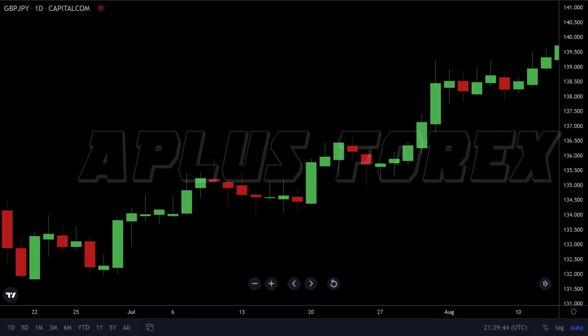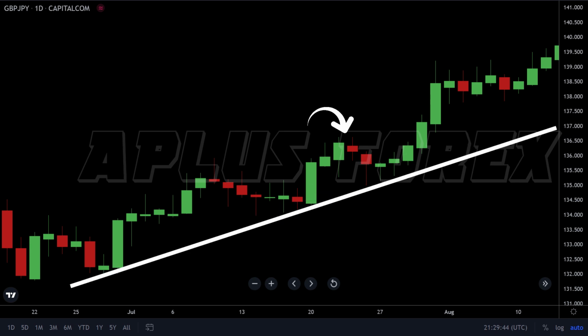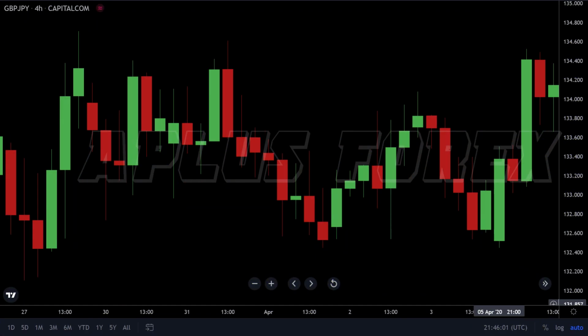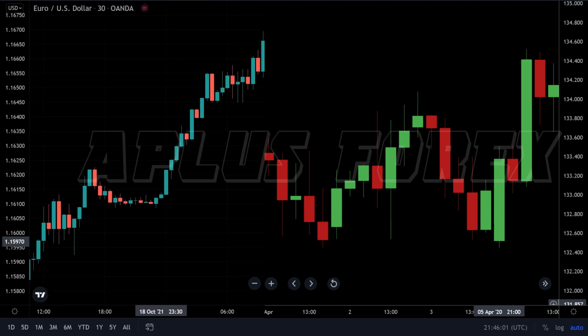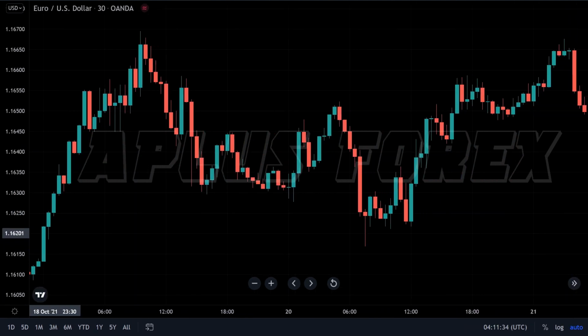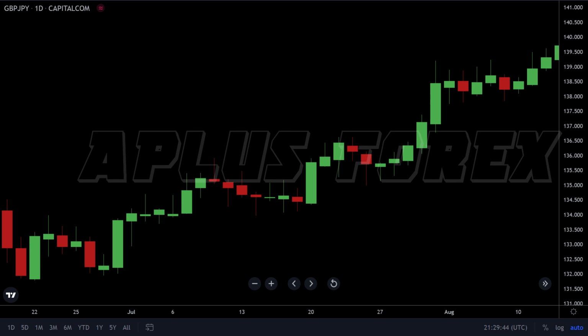On this chart, we can observe the market was moving in a downward direction. Later it formed the last lower low at this point, and then after that, it formed a higher low at this point, and at the same time forming a higher high at this area. The market continued with the sequence of higher lows and higher highs, forming an uptrend. Lastly, on this other chart, we can see the market forming only highs and lows for some time, making a ranging or sideways market.